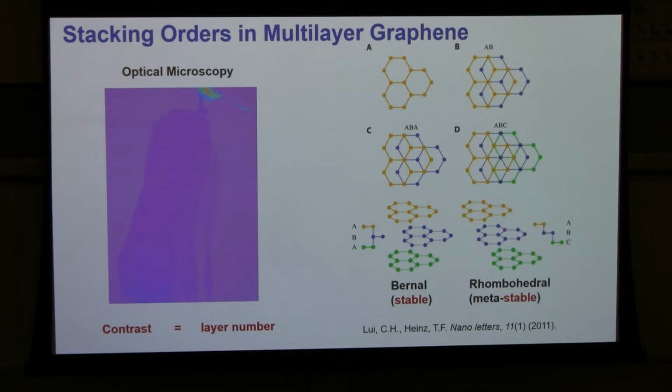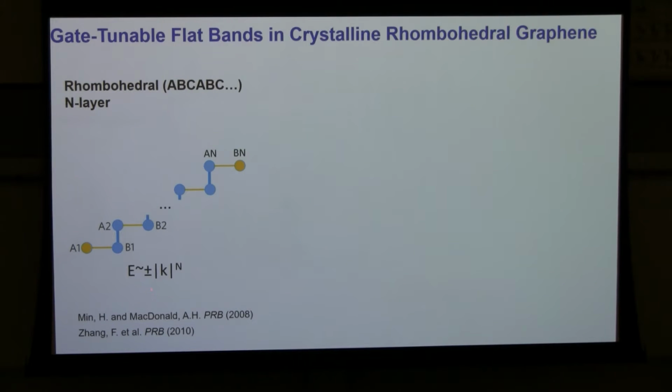This is actually Tony's paper that he showed us. ABC is like you stack layers on top of the existing layers and you keep shifting in the same direction. So this sequence of ABC, ABC just keeps shifting in the same direction. This is a metastable form of graphite, but it is still there. About 10% of graphite is in the rhombohedral stacking order. So I'm going to tell you that this rhombohedral stacked graphene is actually very, very interesting, but hasn't really been carefully studied. It's very interesting because it has a funny energy dispersion relation, okay?